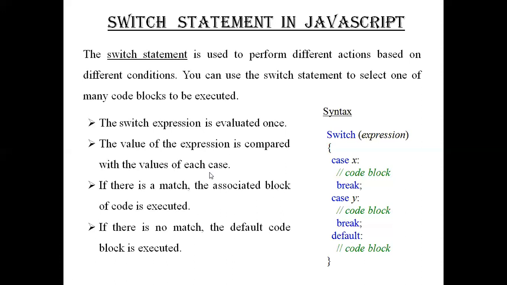So this is the syntax of it. Switch expression: here you are going to write what is to be tested. And in the curly brackets, you have to write all the cases. Case 1, what should be done? Break. Case 2, what should be done? Break. And last is the default case. So this statement evaluates the expression and looks for the value among the case constants listed. If the value is found, then the statements in the list are executed. Else there's an optional default where the program will branch.